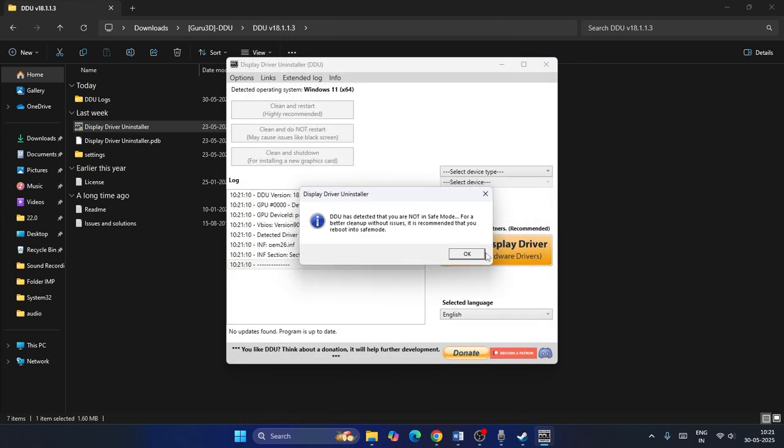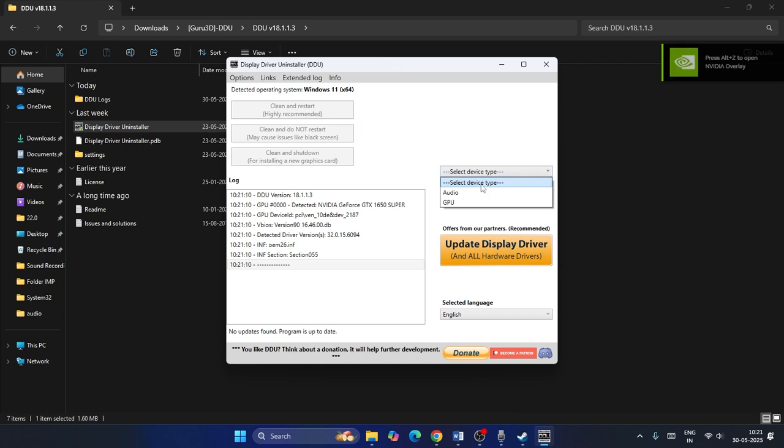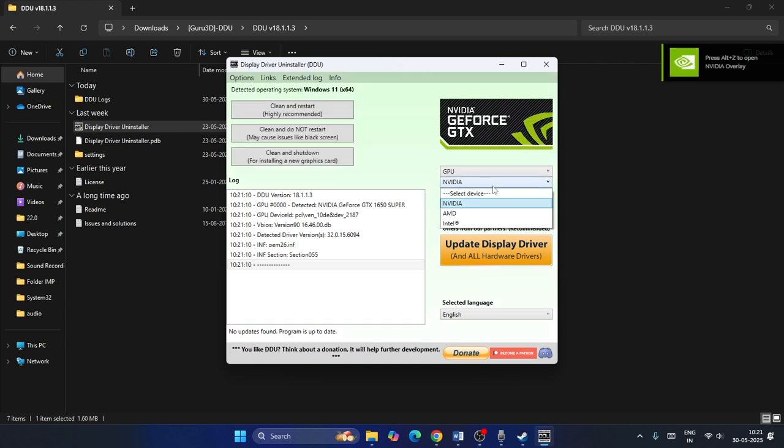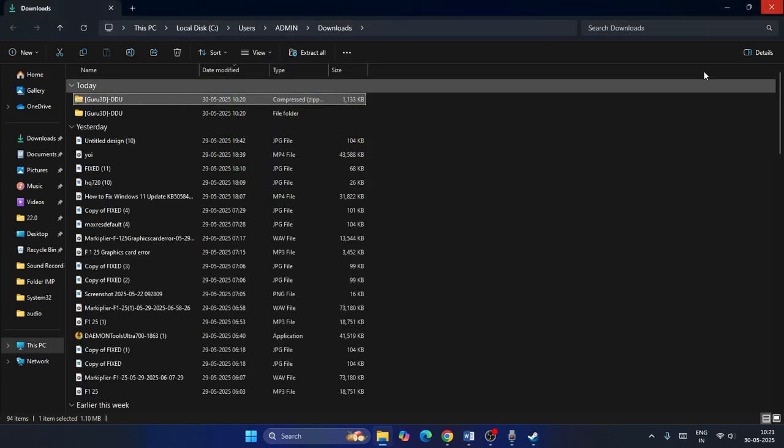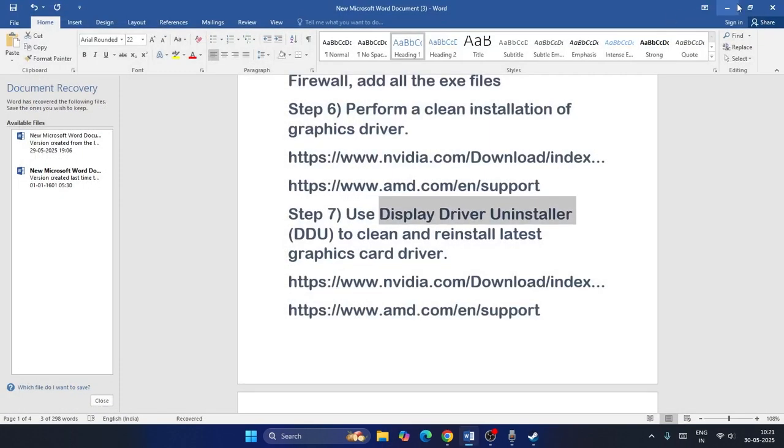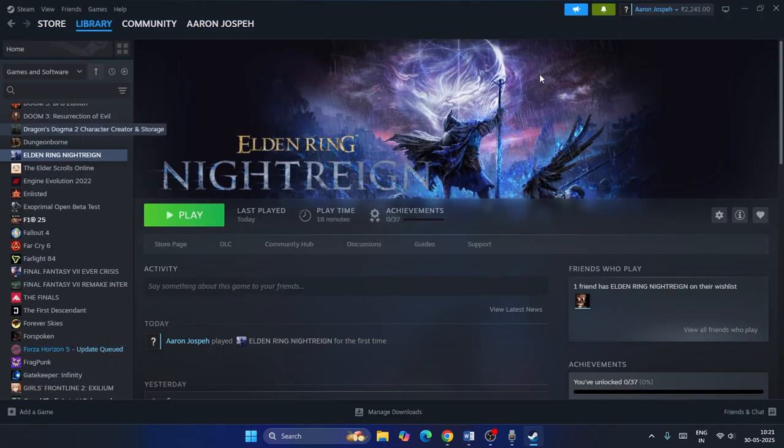Now from here, you have to select the device type. If you're on GPU, select GPU. If it's NVIDIA, select NVIDIA. If you're on AMD, select AMD. If you're on Intel, go for Intel. Then click on clean and restart so that the Display Driver Uninstaller will restart. Now we need to close this. After that, you have to restart your PC. After the restart is done,